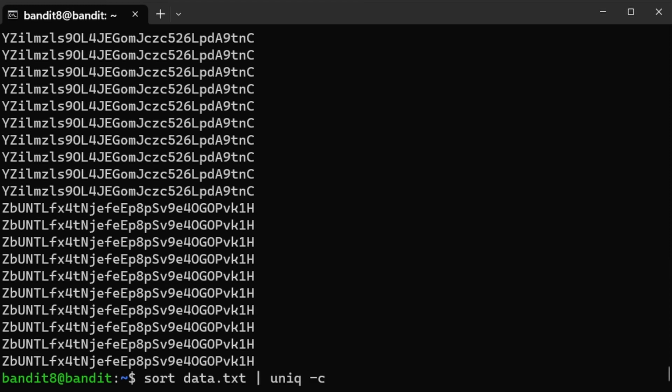Before we run this command, let's go over what it's going to do. The sort command outputs all of the file content in alphanumeric order. Then the pipe character passes that output as input for the next command, Uniq. By default, the Uniq command omits lines of text that are identical to the value of the previous line. And when run with the -c flag, the output includes a number beside each line, which indicates the number of times the lines appear in the input. We run the command,